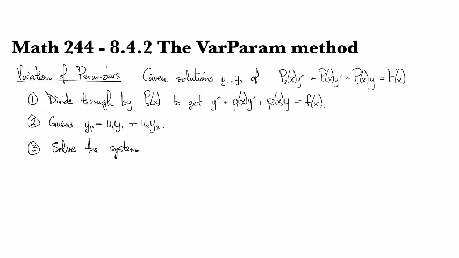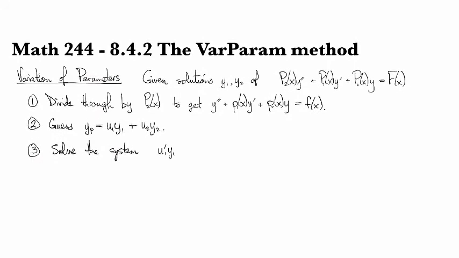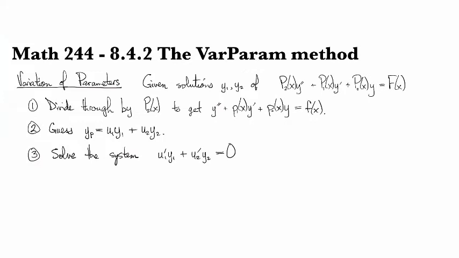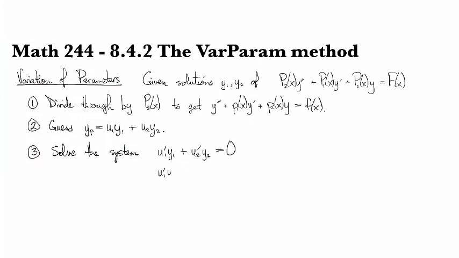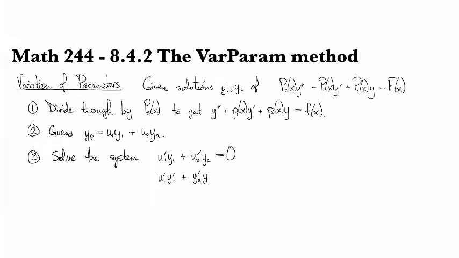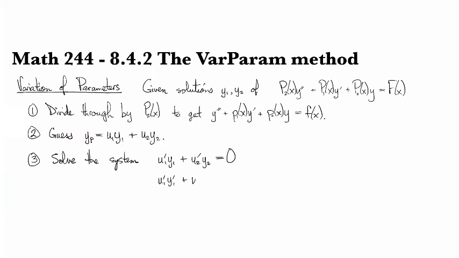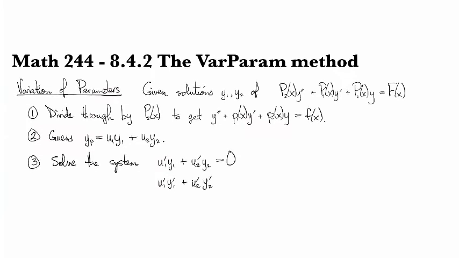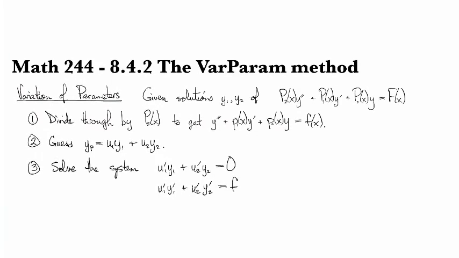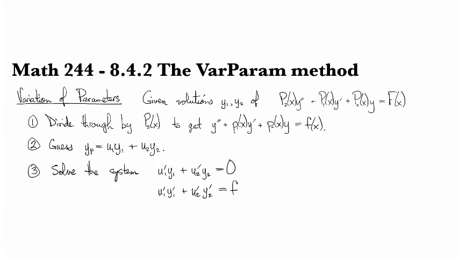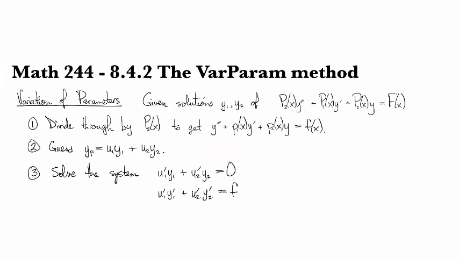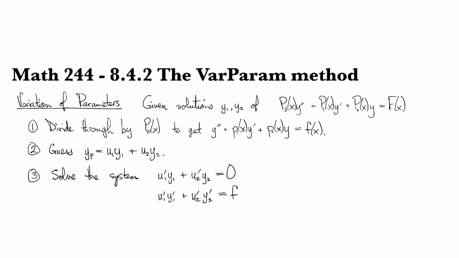where we've got u1 prime y1 plus u2 prime y2 equals 0, and u1 prime y1 prime plus u2 prime y2 prime equals f. And this is why it's important to divide through by capital P2, in order to make sure you have the right thing coming in here for your f. And so we solve this system